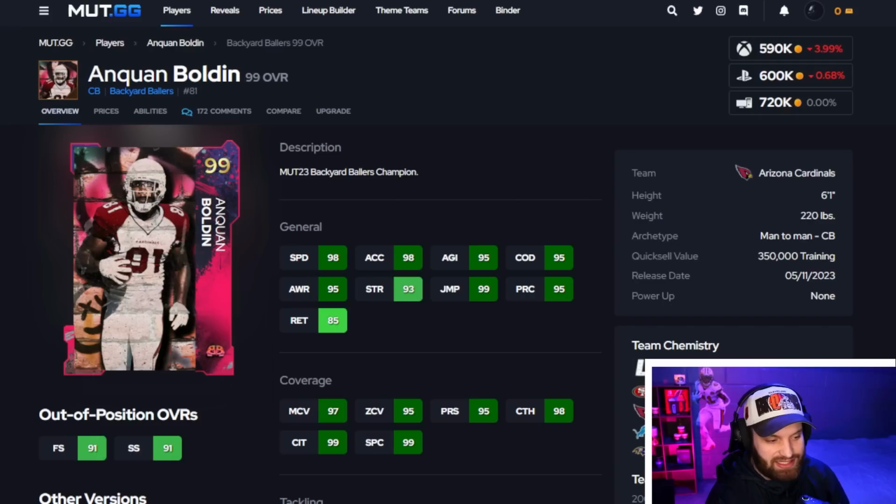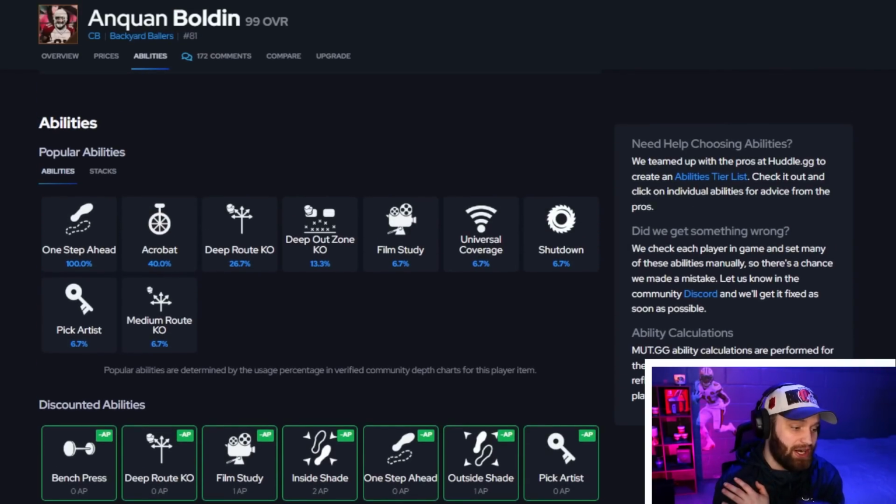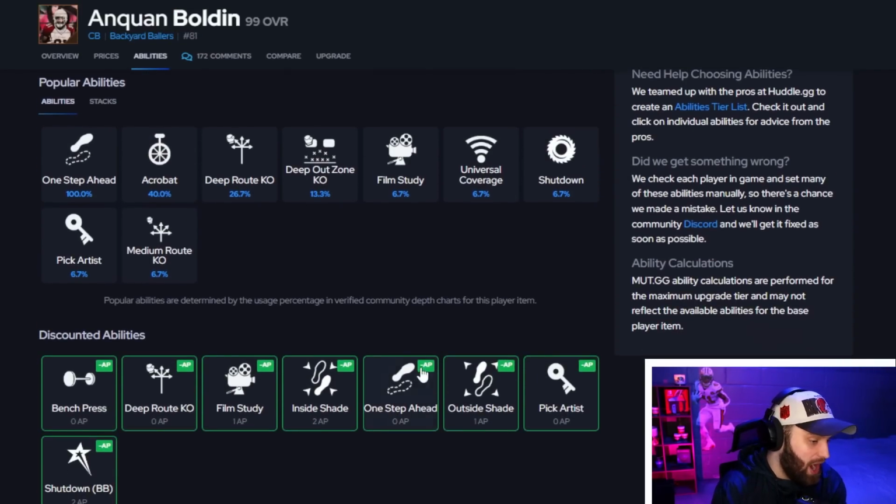He has amazing stats across the board. We already know that. He has good height too. 6'1" is okay. It's nothing crazy, but you guys know KOs don't matter anyways as long as they get good abilities. He has amazing stats across the board too, which is awesome. But the reason why he is here, and I still have no clue why they did this, but 0 AP,